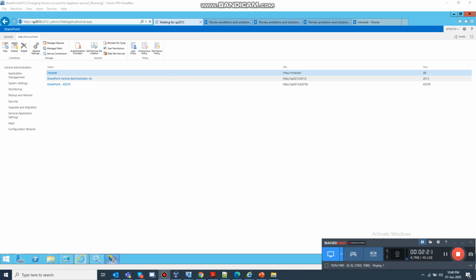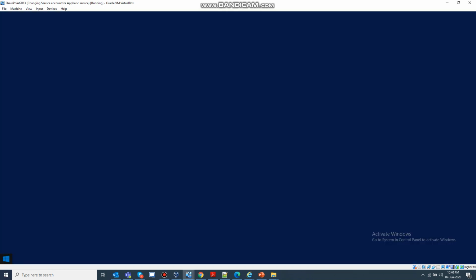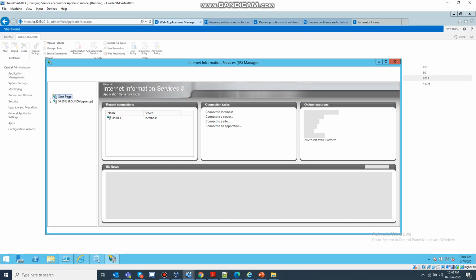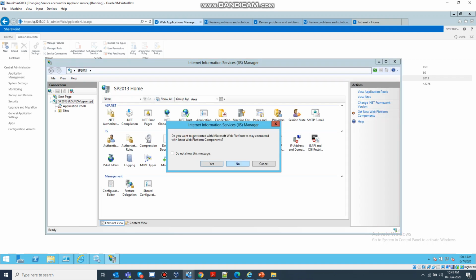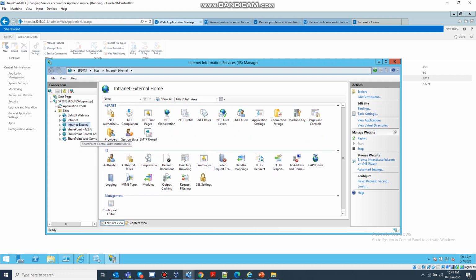Let's confirm it in IIS Manager. Just close it, launch it again. So you can see that intranet external web application, this is the extended web application which will communicate with the same content database of the intranet site.